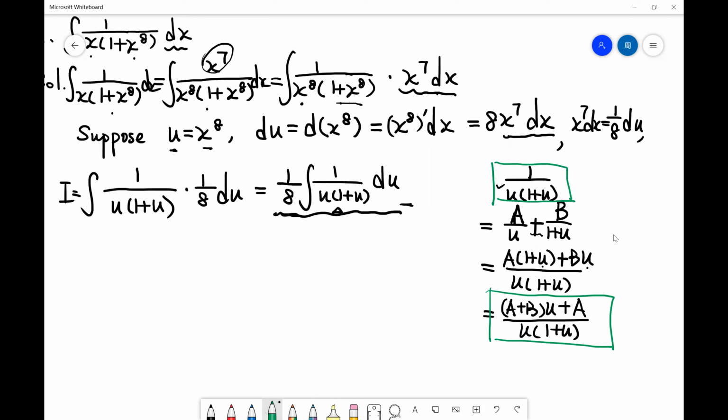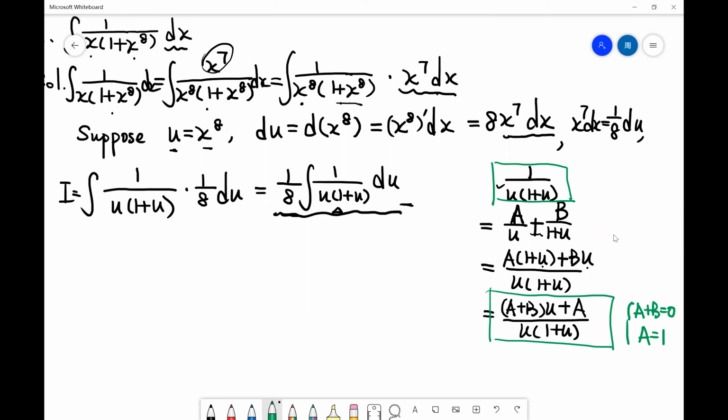So here that means a plus b should be 0, because here that is a constant 1 without u, right? So a plus b should be 0 and a should be 1, right? So we know that a should be 1 and b should be minus 1 here,